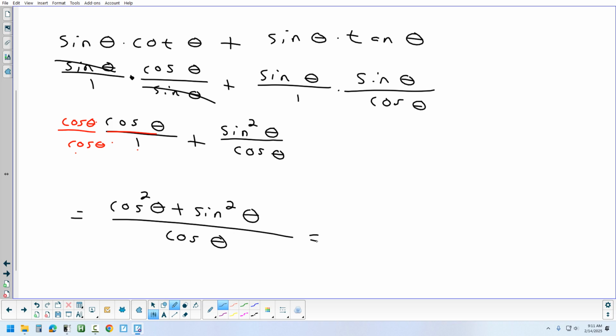Now, there's something there that we need to recognize. And it was on the identities that I put up at the beginning. Yeah, the Pythagorean identities. There's a Pythagorean identity there. So the top equals 1. Top just equals 1. We wrote it as sine squared plus cosine squared, but you can take that